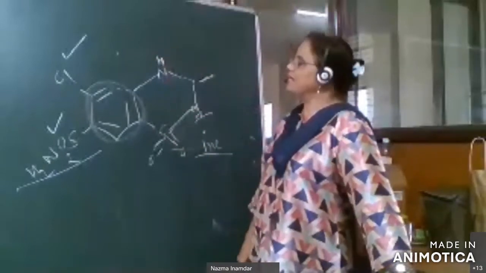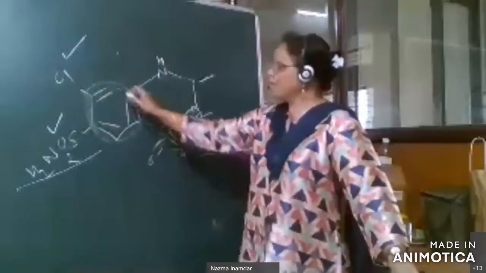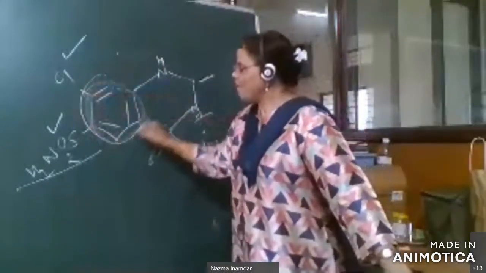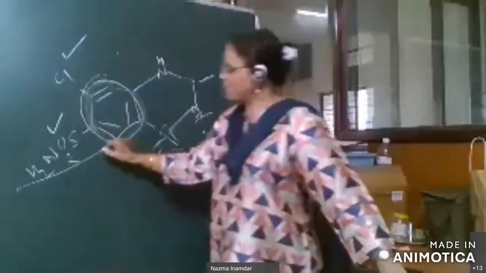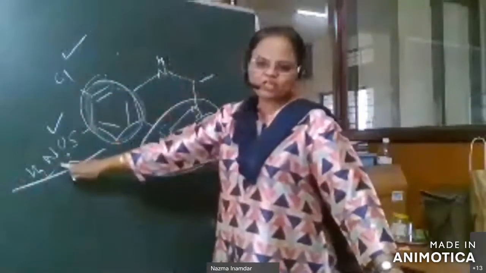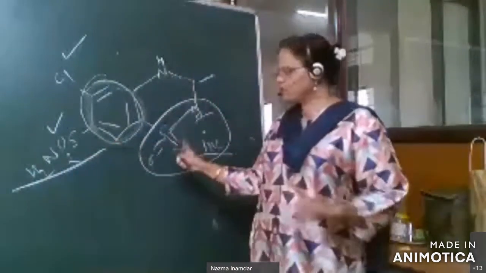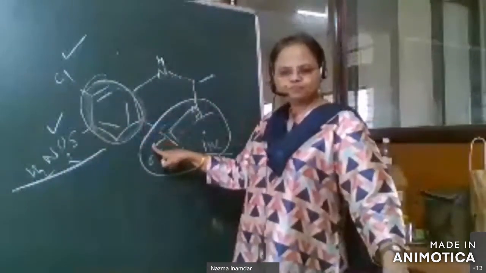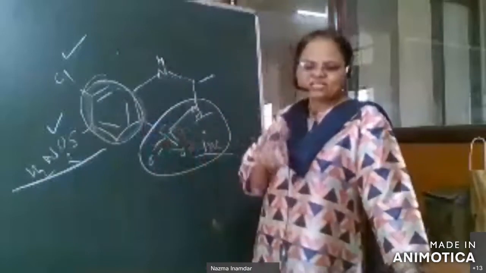So in chlorothiazide, if you see here, we have an aromatic function. On this aromatic function, you have an acidic function. You have another acidic function, SO2NH2. Both the functions are meta to each other. Para to one of the acidic functions